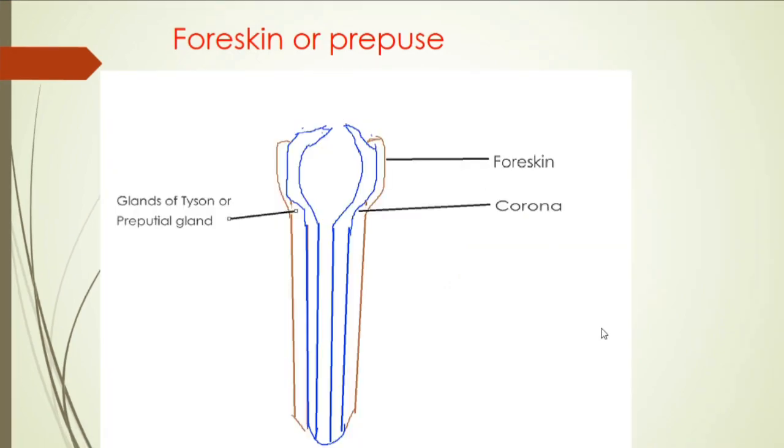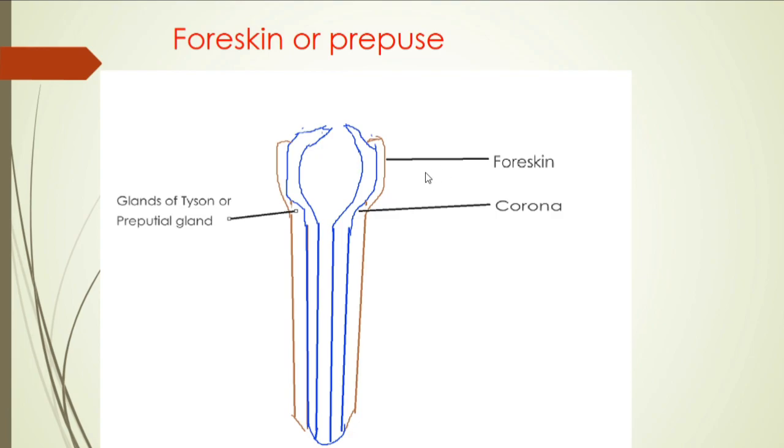So now this is the foreskin or prepuce. It is also called the prepucium. So this is the region showing the glans penis, and this is the foreskin found over the glans penis, okay. This foreskin is retractable. That means it can go backward as well as forward, and hence it is called the retractable skin. So this is the foreskin or the prepuce.